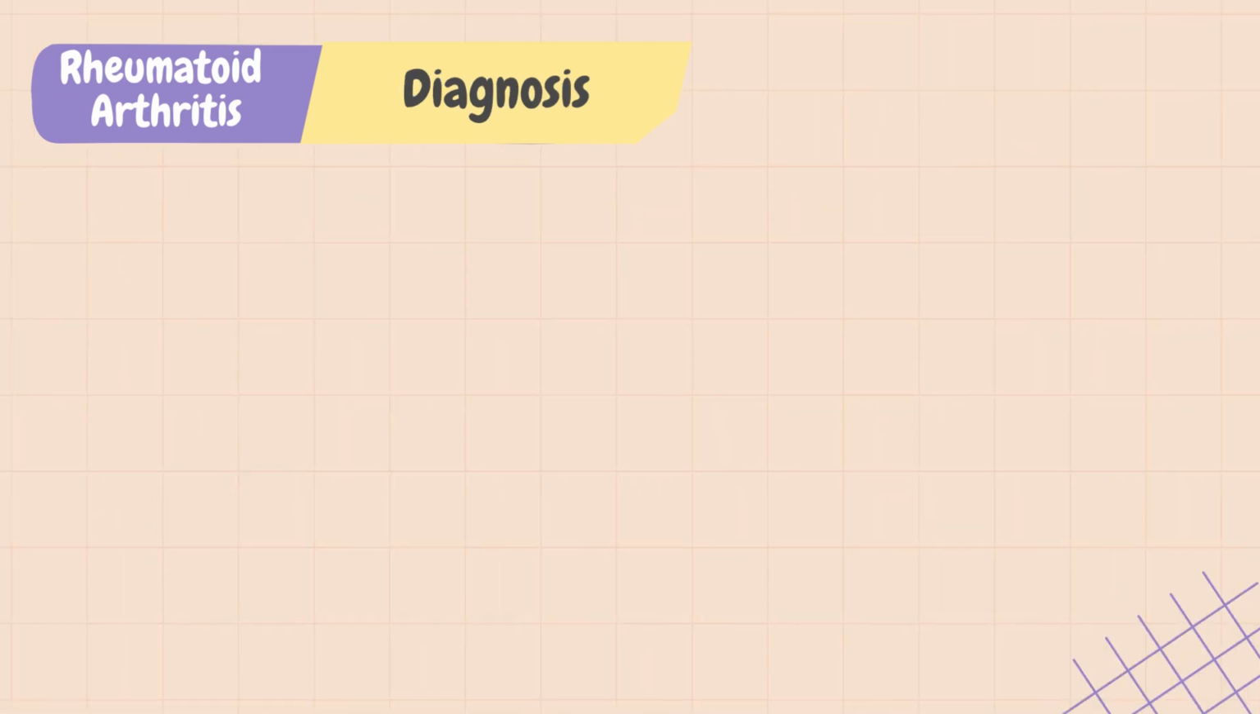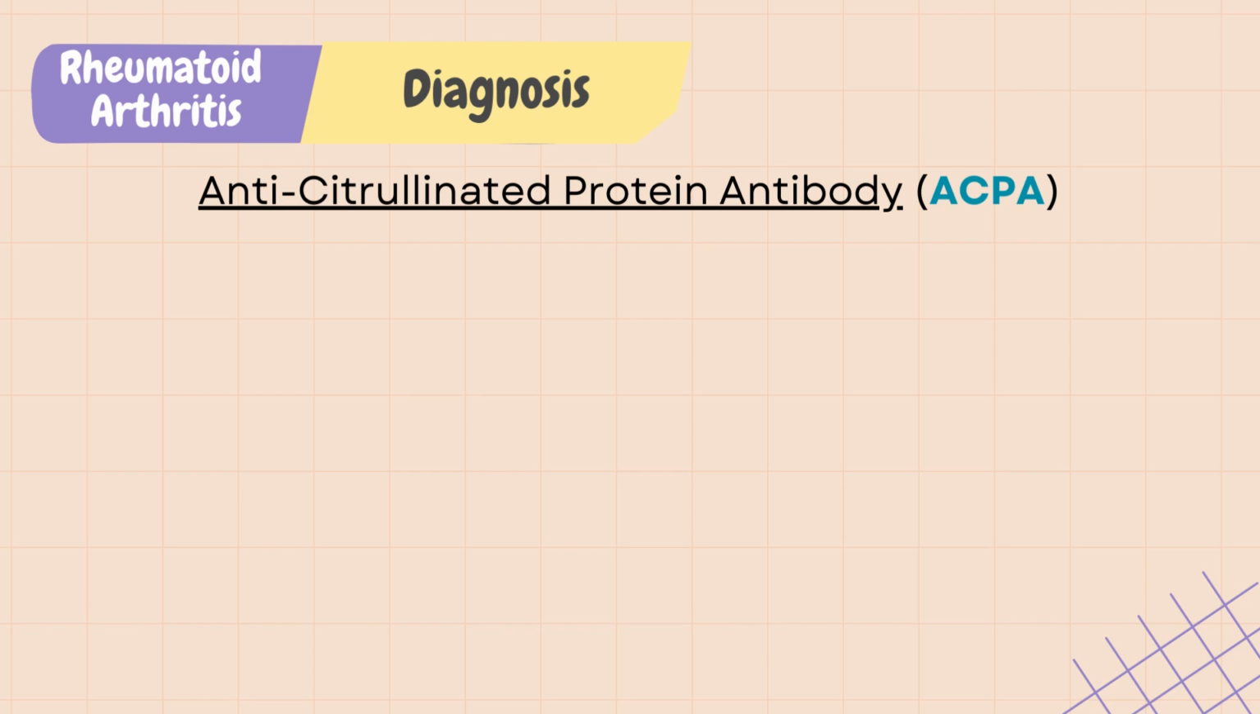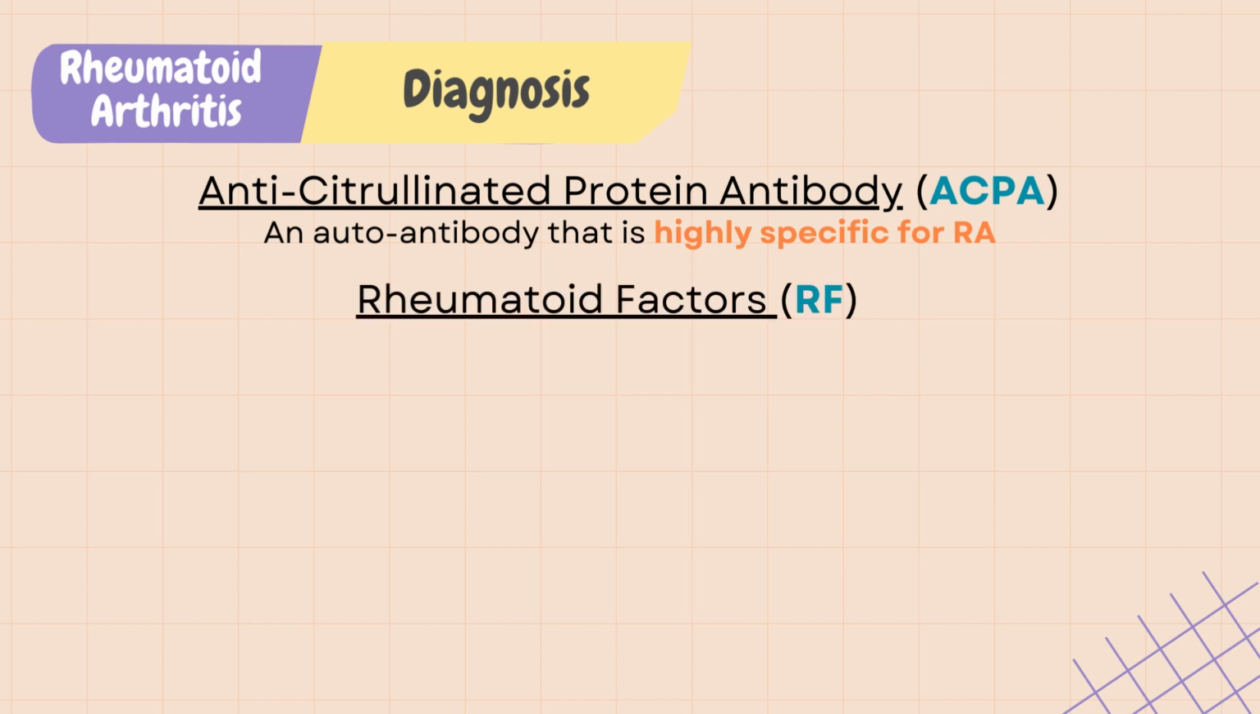Diagnosis. There are several blood tests that can help diagnosing RA. For example, anti-citrullinated protein antibody, or ACPA, is an autoantibody that is highly specific for RA. Rheumatoid factors are also autoantibodies found in RA, but are less specific because they can also present in other autoimmune